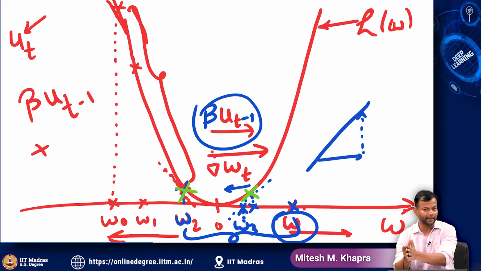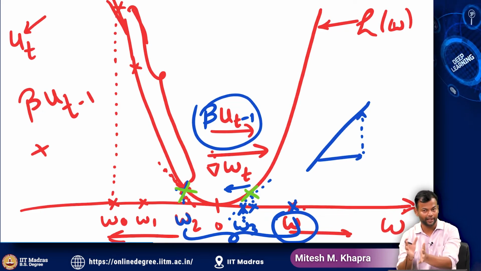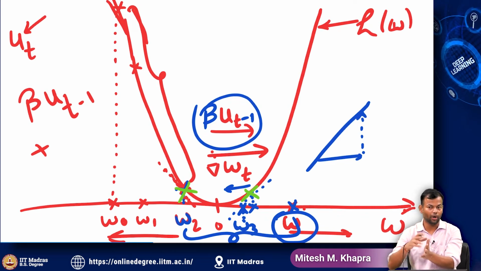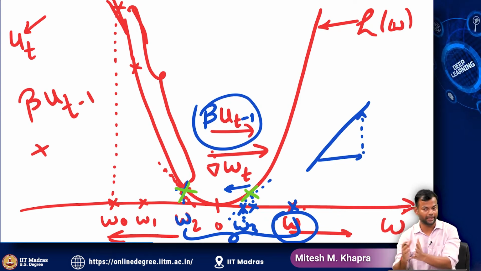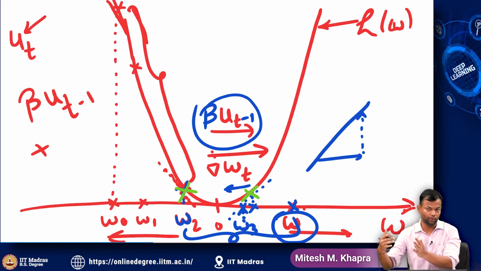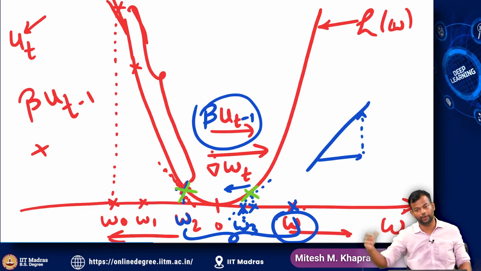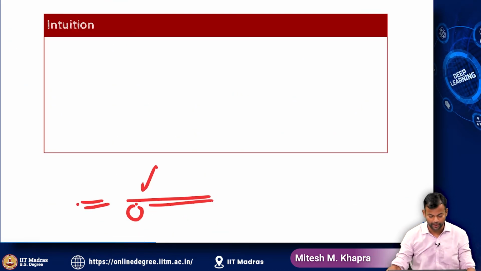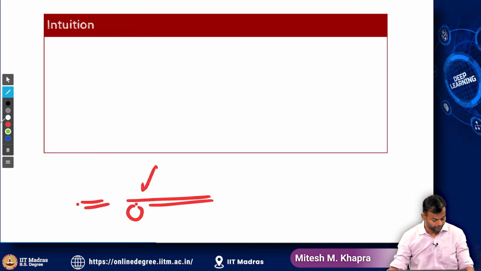Because you're already making an update and then checking, hey, whether I overshot, whether I was already away from the minima, I have crossed the minima. If so, then I should go back instead of continuing further, right? So that's what NAG is doing. Okay, so with that intuition now, let's try to check